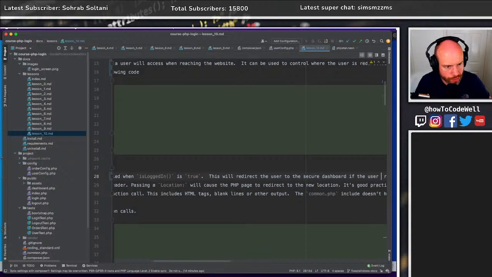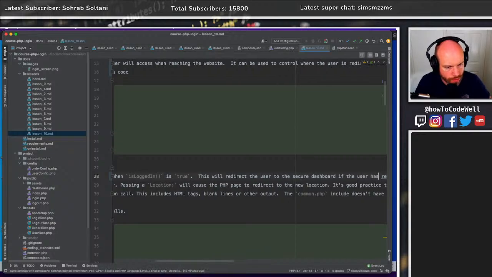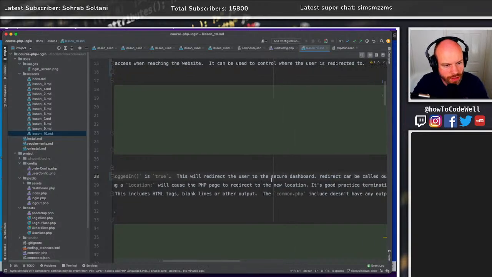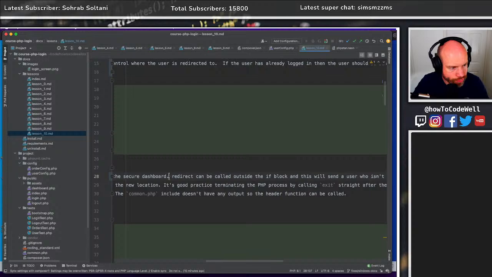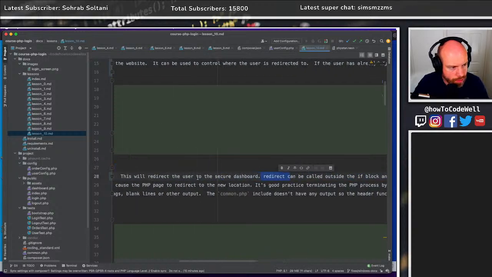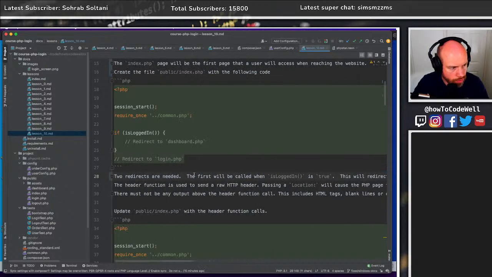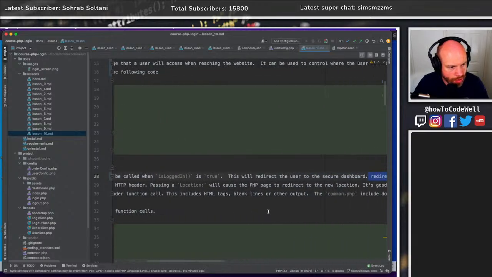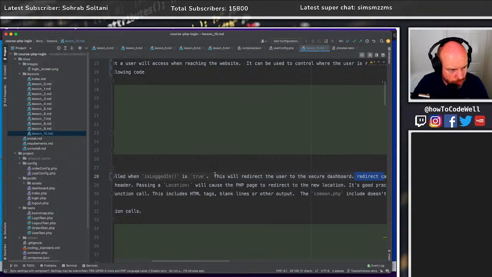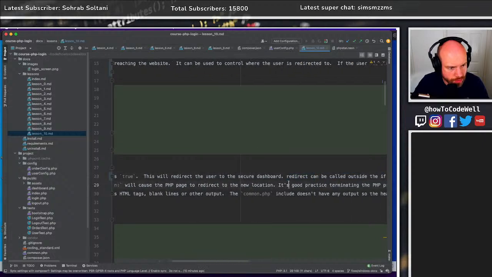If block, right. So the first will be called when the redirect is true. This redirect will redirect the user to the secure dashboard. If this is not true,